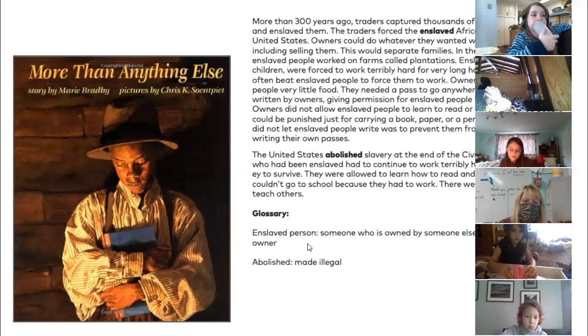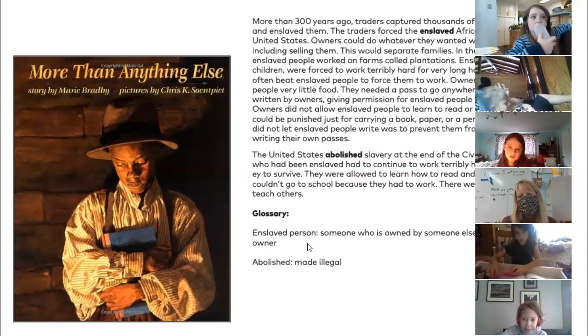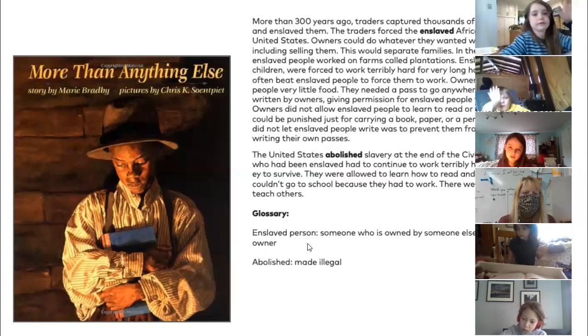Okay, so what was going on at this time? Who can remind us about why he doesn't know how to read and his family doesn't know how to read? Abby, can you remind me? His mom and dad and his family were in library before